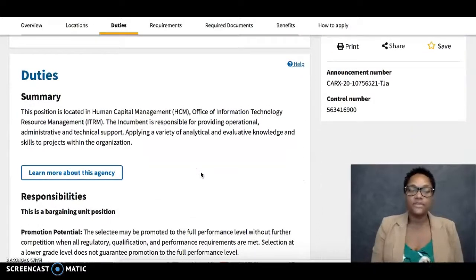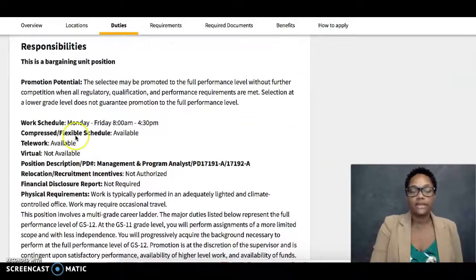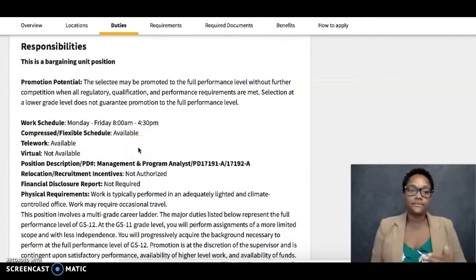The duties. So this breaks down the duties of the actual position and what you're going to be doing. I think that's really interesting and helpful. The work schedule, Monday through Friday, so obviously there's no weekends on this one, from 8 to 4:30. Flex, which is what I was talking about, the flex and compressed schedules is available, meaning that a compressed or